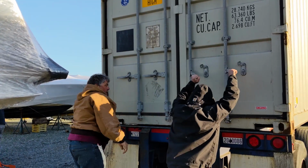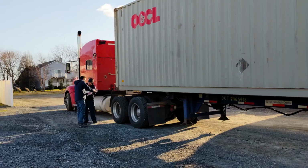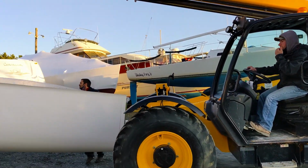We are just at 5 o'clock p.m. right now and have unloaded the last things from the container. Finally able to send it on its way, and as excited as I was this morning to watch it arrive, I have to say I was equally excited to watch it leave, because it took so much longer to unload everything than we expected. We're getting close to the end of the day right now, so